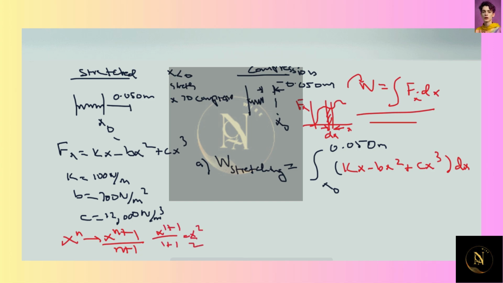So we do k is a constant, x squared over 2, minus b is a constant, x cubed over 3, plus c is a constant, x to the 4 over 4. The limits are from 0, x0 is 0, up until 0.050 meters. And then we plug in the numbers. Remember, k happens to be 100 Newtons per meter times x squared, which, when you plug that in, you get